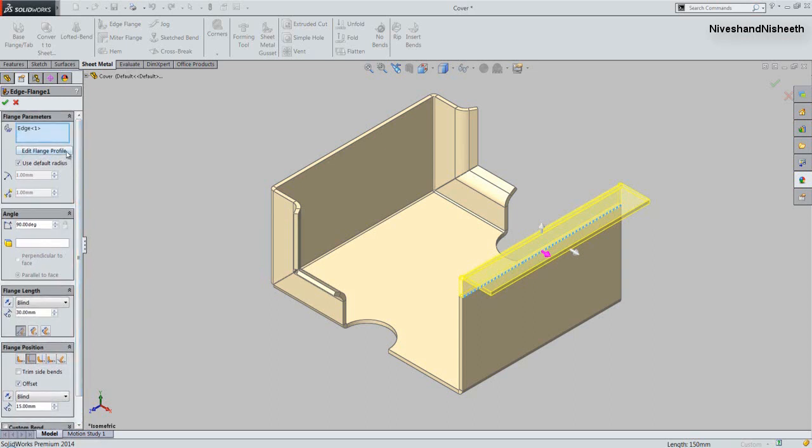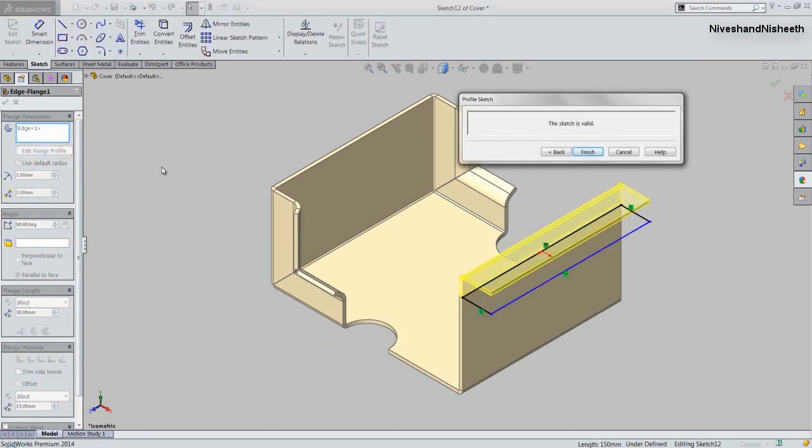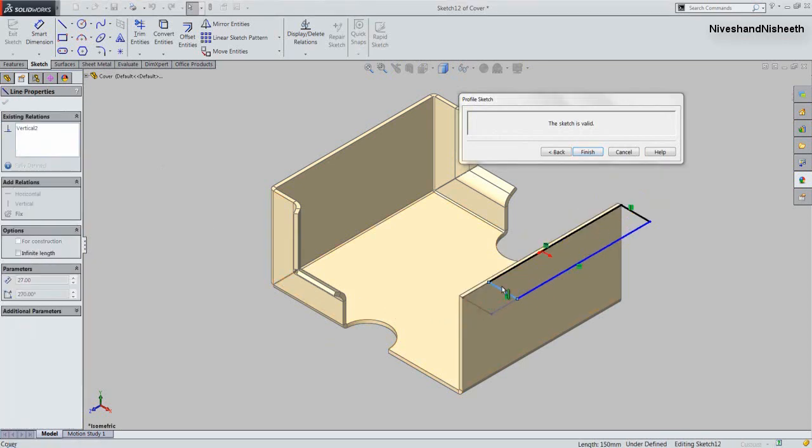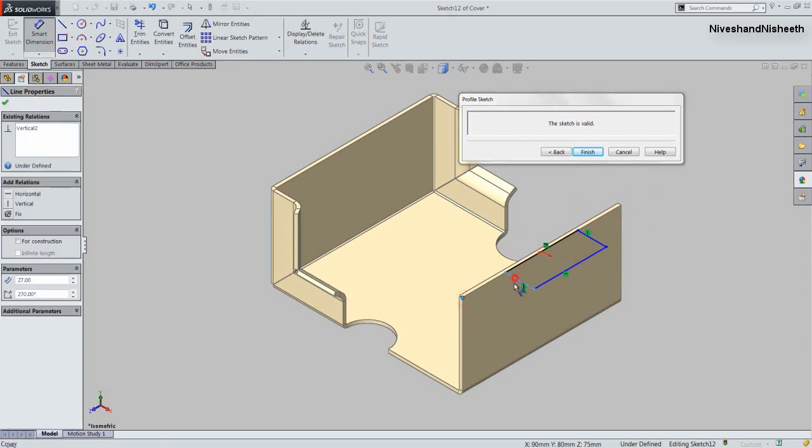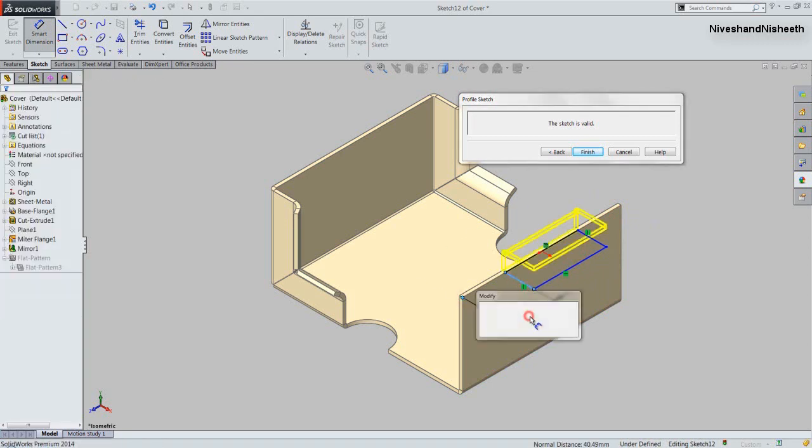Now we will click the Edit Flange Profile button here and drag both the sketch lines like this. Now we will apply the dimension 36 mm on this point and this line.